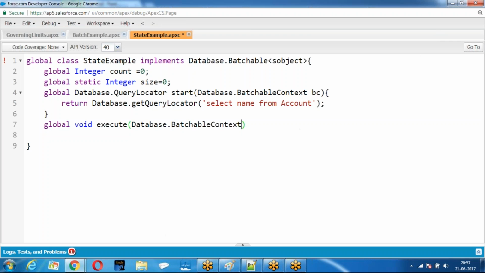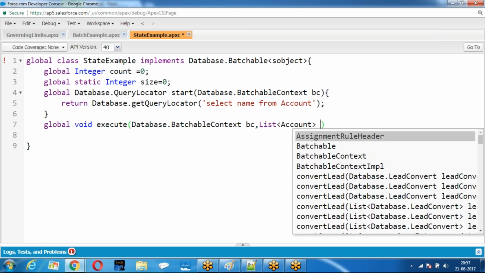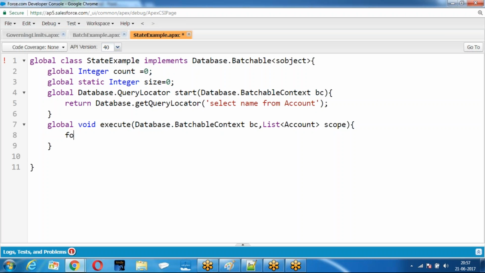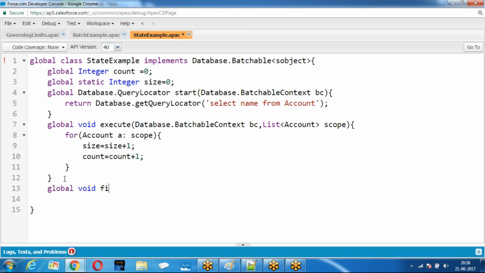Batchable context. Now I'm taking count for account A. Now I told size equal to size plus count equal to... global void